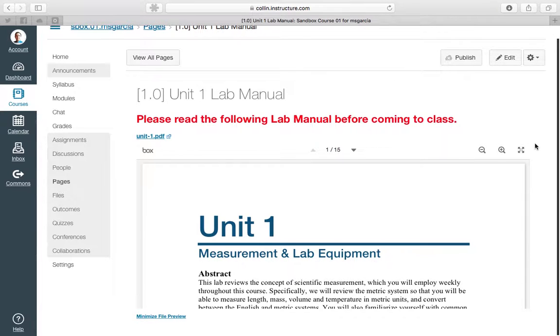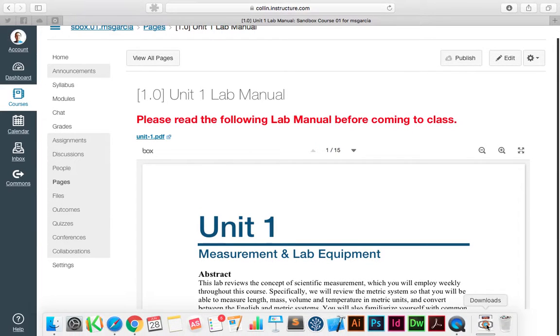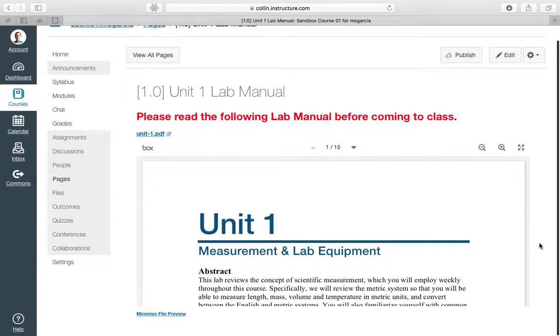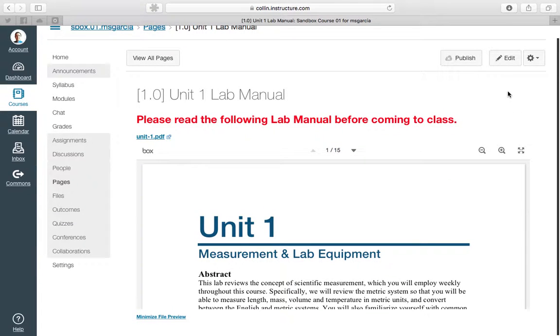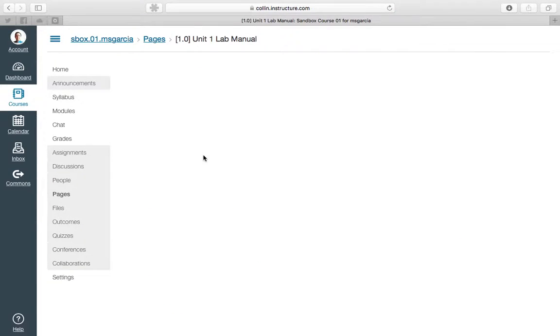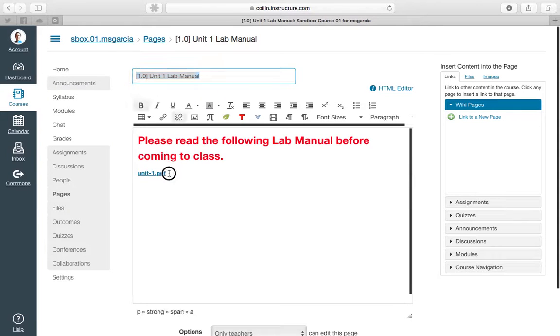But let's talk about the real problem with this particular setup. Okay, so as we all know, sometimes students don't realize that these icons mean they can do something. So I'm going to go back in here to edit that file. Okay, so I've dropped that file in. It's this hyperlink, but again, my students have to remember to actually hover and click on the icon to make